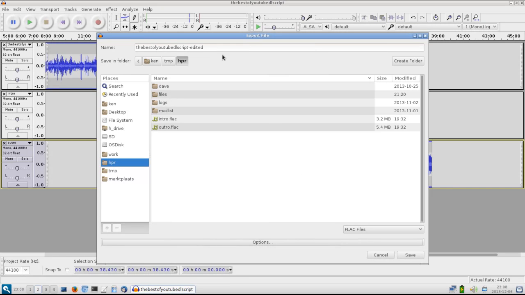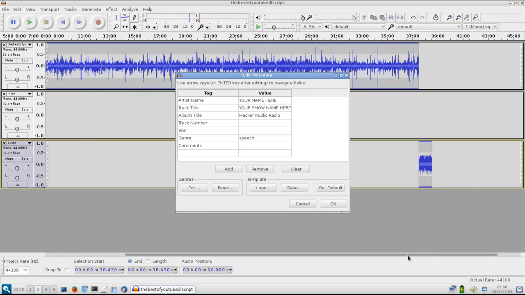So there we are. We're now going to save the file name with a FLAC. We've set our options. We're going to press save. And here comes up the metadata tags that you can enter for your show. I have some of them pre-populated here because you can save them as a template or load a template, and then you can press the default button. The artist name in my case is Ken Fallon, and the track title is the track title for this,